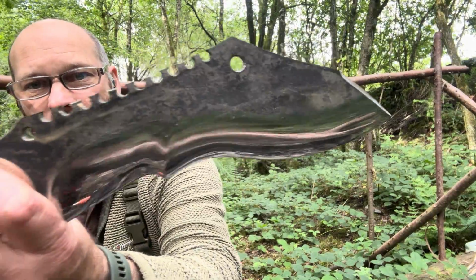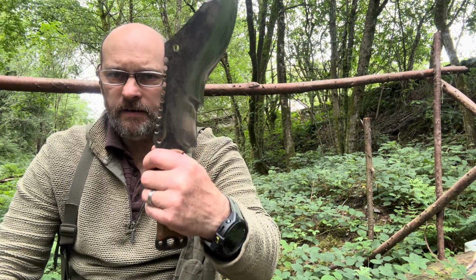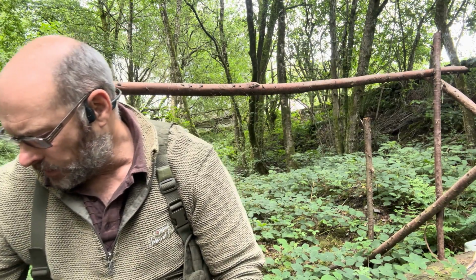Now, these are very large, and the reason for that was that I figured people weren't going to be cutting small pieces of wood. You were maybe going to be notching, you maybe wanted to do it quickly, and it was going to be reasonable chunks of timber, not anything round about the 1/2 inch or 15 mil, 20 mil. You're going to be cutting maybe bigger things to build your shelters, like I've got going on here, maybe taking notches out of that. And so I made the teeth very large and aggressive. But what that means